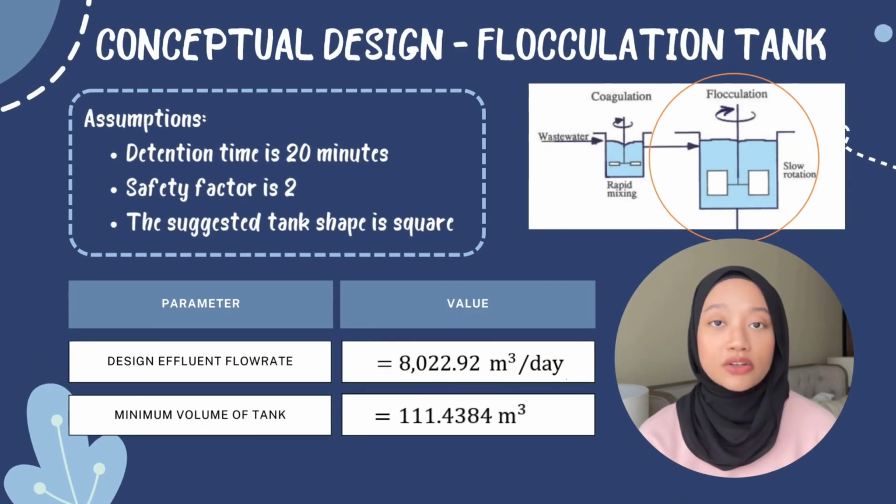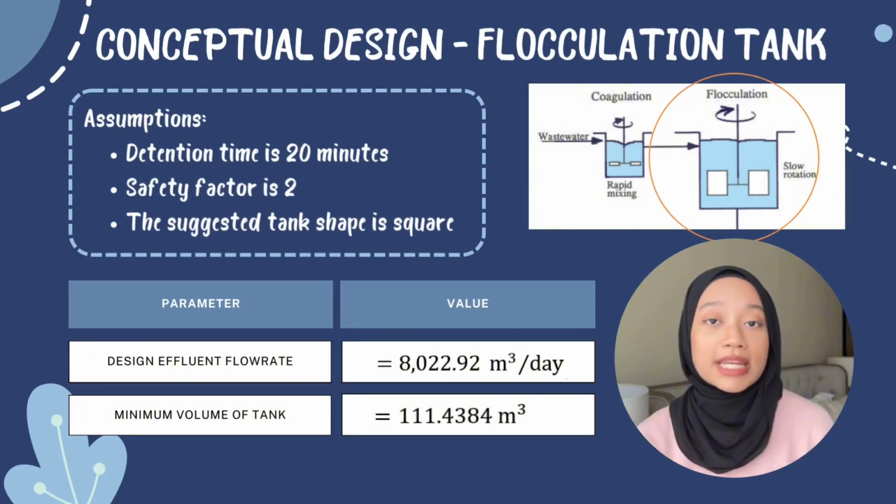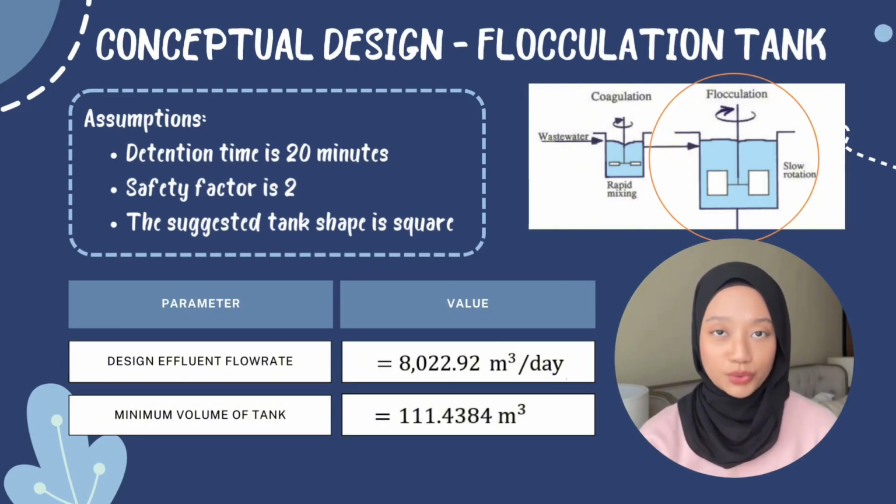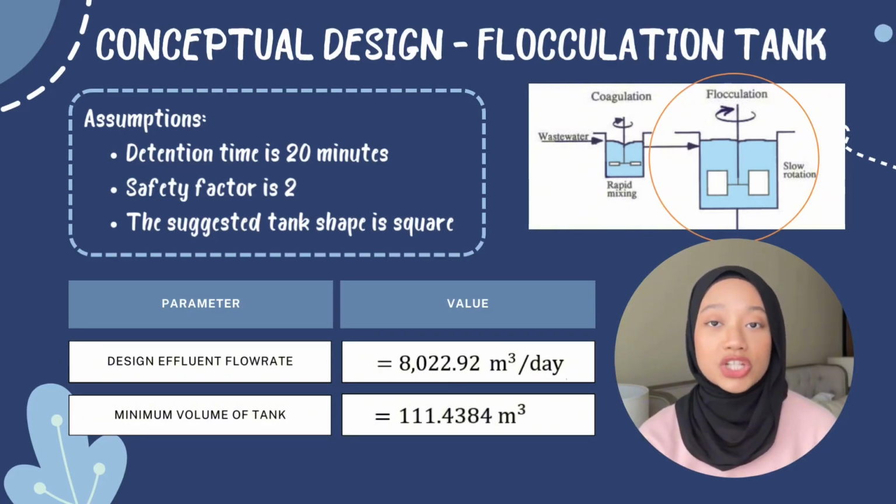As for the design of the flocculation tank, the detention time is set at 20 minutes with a safety factor of 2. The suggested tank shape is square, similar to the coagulation tank. The design effluent flow rate turned out to be 8,022.92 m3 per day with the minimum volume of tank to be